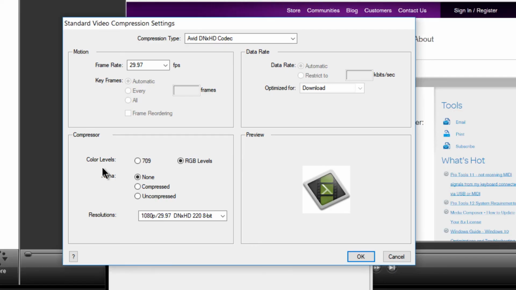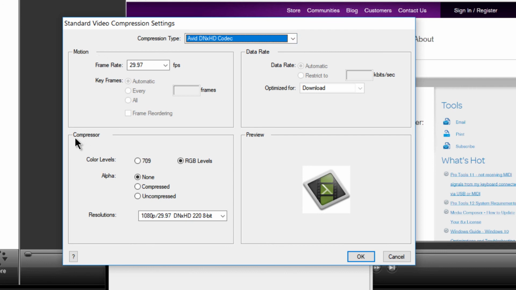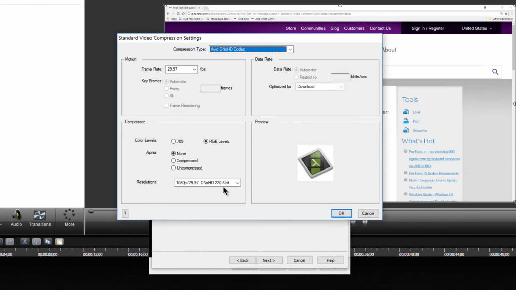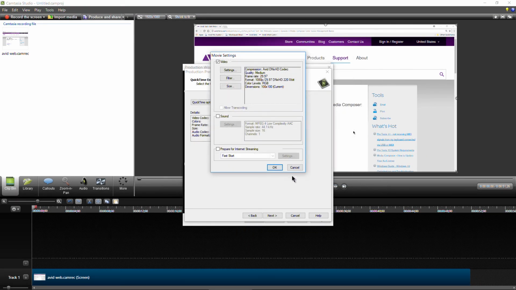It's going to be exported from Camtasia with an RGB color profile, at a pretty high level with the DNxHD Avid codecs, way too high than you really need to use, but it will be exported as RGB and then brought back into Media Composer. Okay. So just keep in mind, if you have graphics, things like that, you may want to scale those, you